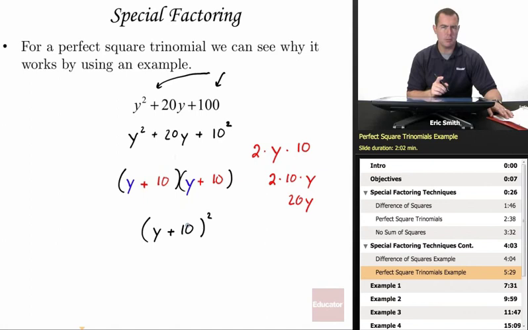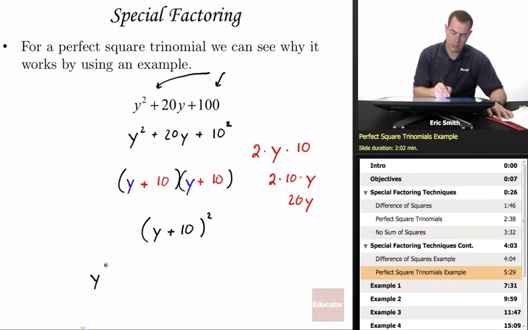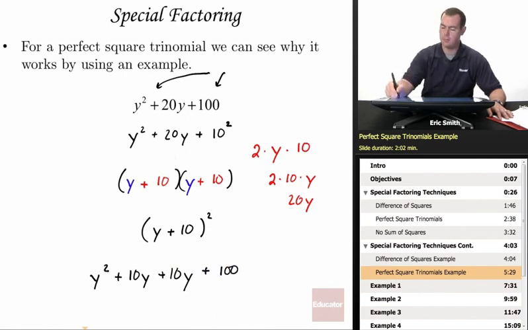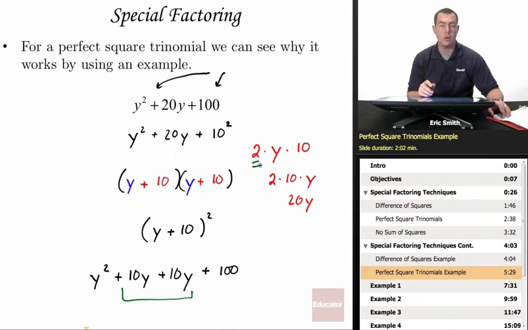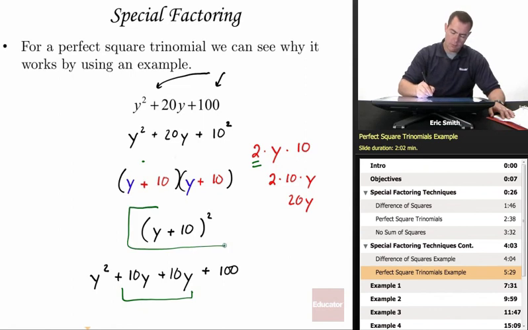Now let's go ahead and multiply this out to show you that it really does work. My first terms would be a y squared. My outside and inside terms would be exactly the same. My last terms, 10 times 10, would be 100. The fact that our outside and inside terms are exactly the same means that we will have 2 of them. That's why we need that 2 in our shortcut formula. All right, so that should make you pretty confident that this is the correct factorization for our perfect